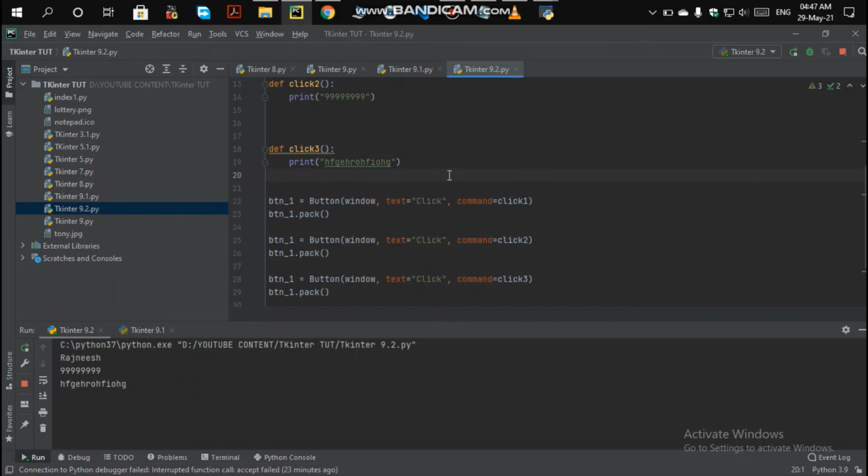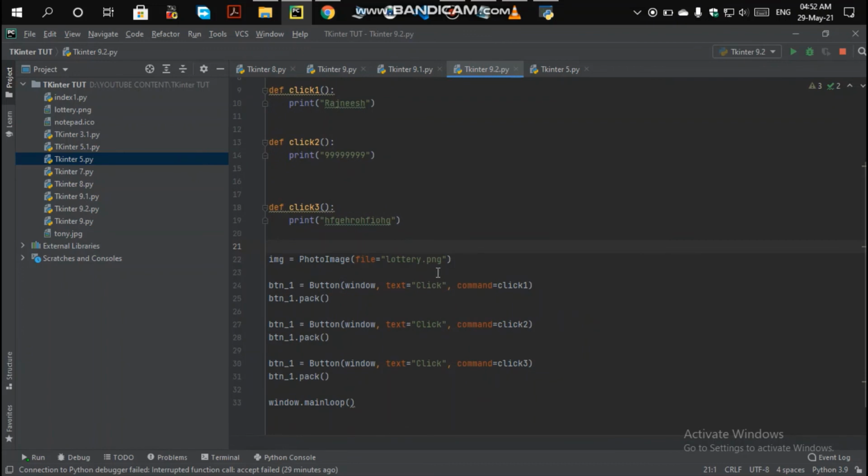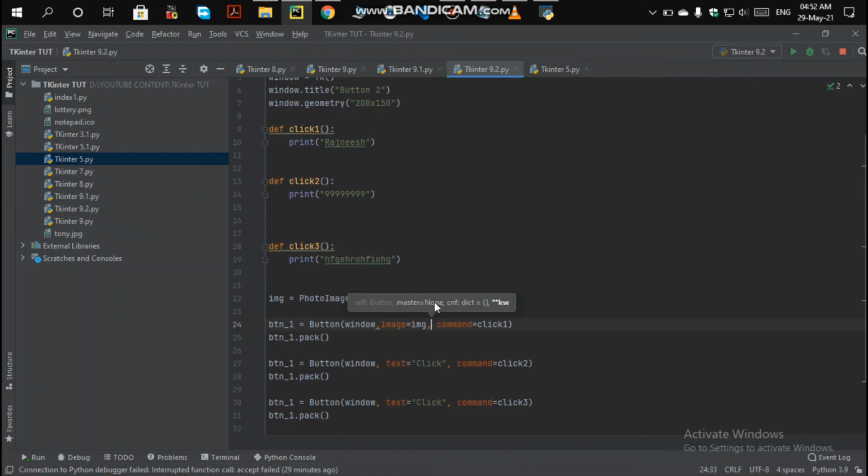And what other functionality there is, we will be doing in the next upcoming videos. What we are going to do now is remove the text over this button, and we will write the attribute image is equal to img. Okay, and the command click one here. So by writing click one, by hitting over the image,